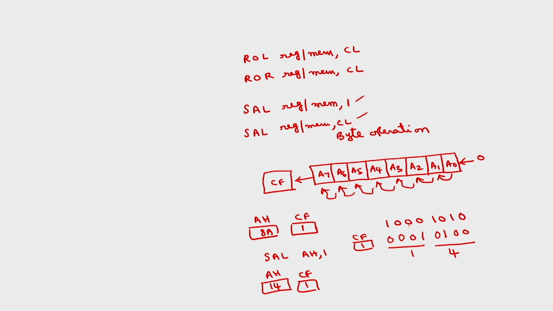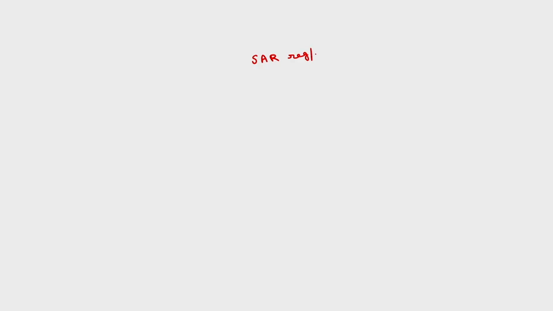Similarly, we have two shift right operations, one for 1 bit position, another for multiple bit positions. Here you have SAR register slash memory comma 1. Here there is some slight difference between the shift left operation and shift right operation. If I take say byte only, same byte operation,